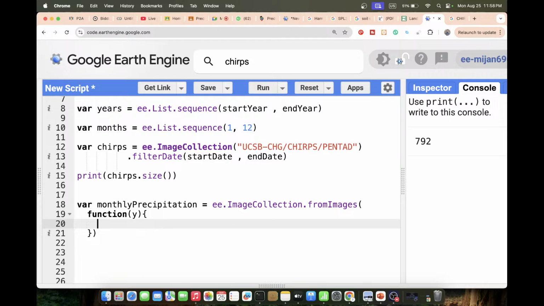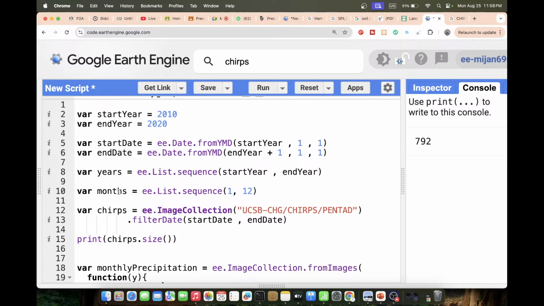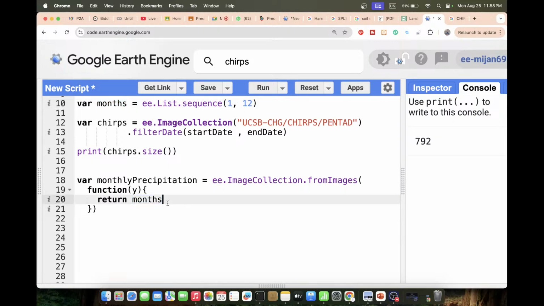For that we define return months. I already defined the months, you can see I already defined the months. So return these months,